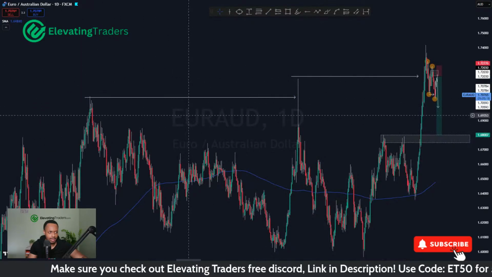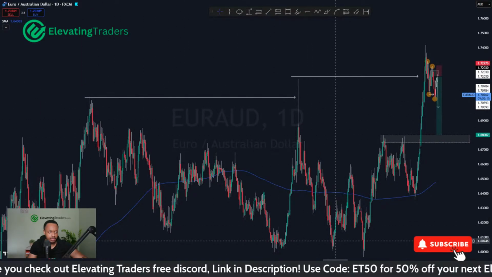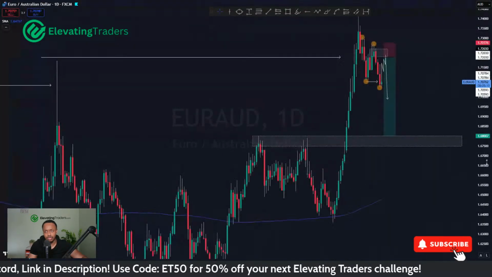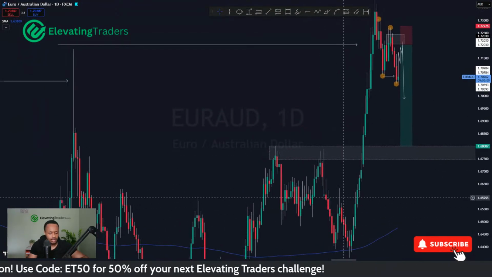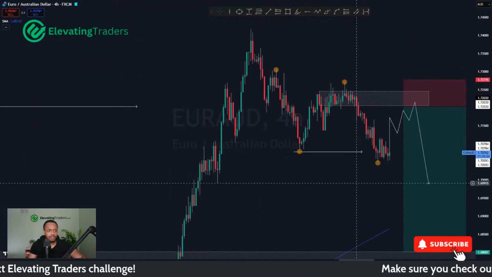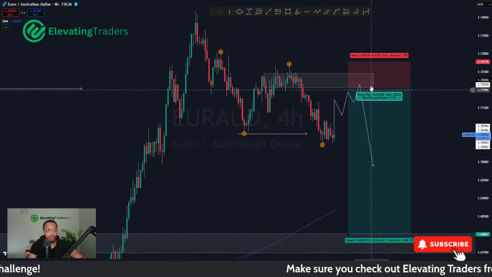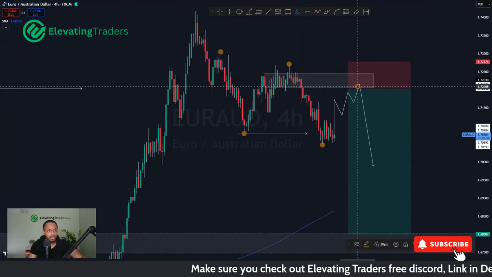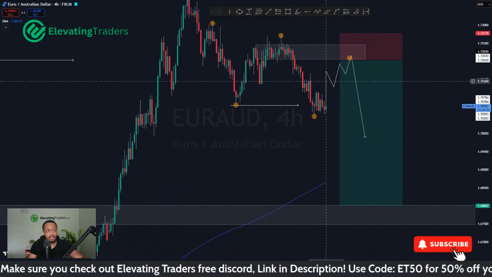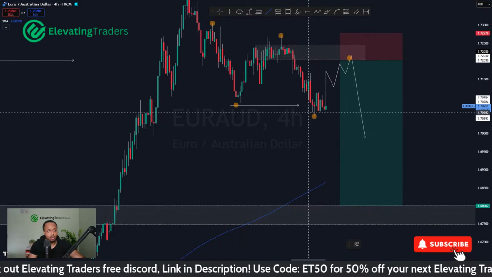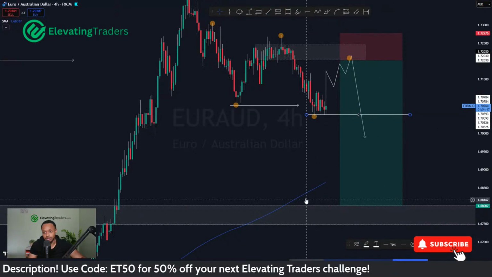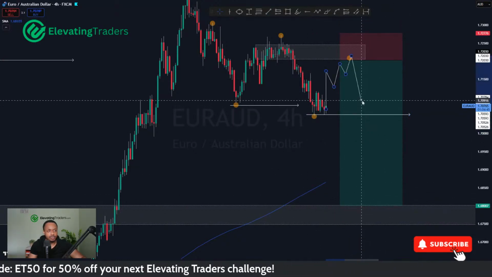Major swing high here. We spiked through, had a big pullback afterwards, and spiked through it again. I do think we'll see a pullback afterwards, a pretty big one as well. And judging by the lower time frames, we're starting to form some lower lows and lower highs. So if we can get another pullback, that would be great. Form another lower high, just like we did over here, just like we did over there. Let's see if we can form it again, and at least a swing back to where we came from. If we pull back from here, that of course would naturally be a healthy place to target as support, the price swing low.